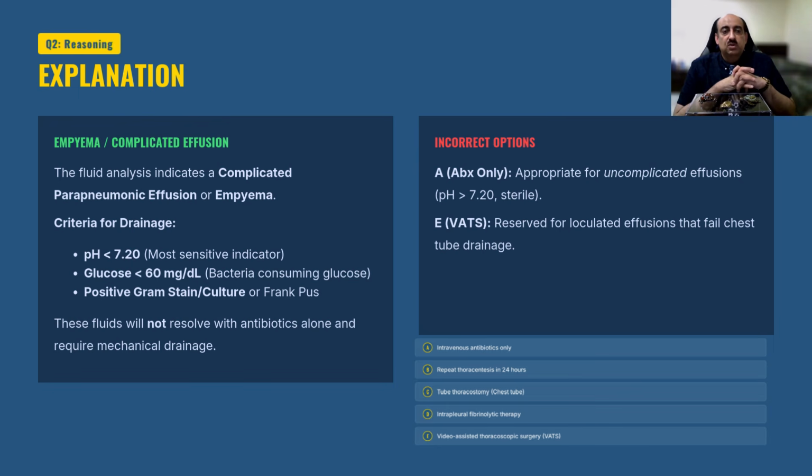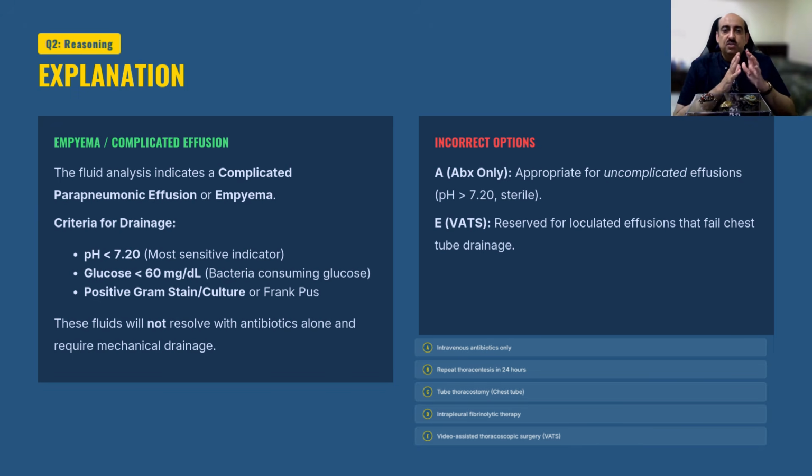The glucose count is also low, and there is a positive gram staining or culture, or if there is visibly frank pus. If any of these criteria are present, then it's a clear indication for drainage. Remember, in our medical schools, it used to be taught to us that whenever there is pus, antibiotics will not work, and the pus has to come out, because the main reason is that when there is pus, there is very poor blood circulation of that area, and the minimum inhibitory concentration, or MIC, of antibiotics will not be achieved for a therapeutic response, and hence it has to be drained, whether it's a subcutaneous pus or